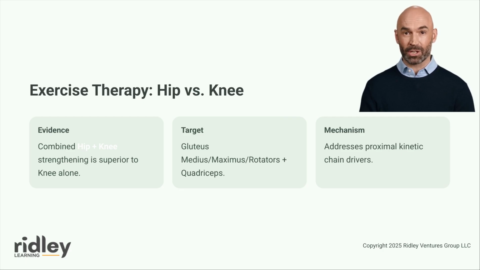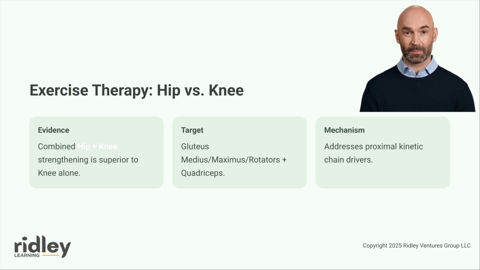A fundamental question in patellofemoral pain rehabilitation concerns the relative effectiveness of hip-focused versus knee-focused strengthening programs. Hollaby and colleagues conducted a systematic review with meta-analysis comparing these approaches. Their synthesis of randomized controlled trials revealed that combined hip and knee strengthening produced superior outcomes compared to knee strengthening alone. Specifically, programs incorporating hip abductor and external rotator exercises alongside quadriceps strengthening demonstrated greater pain reduction and functional improvement